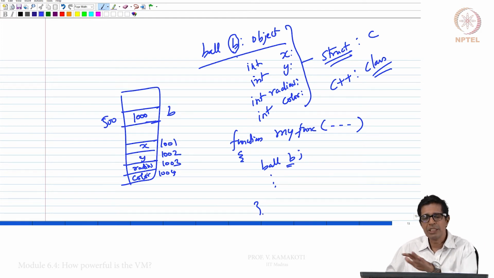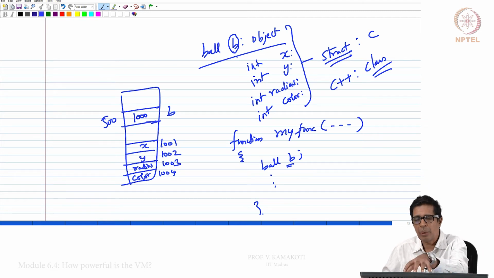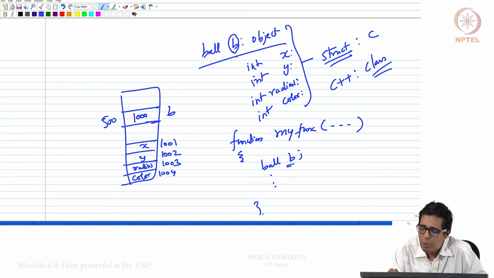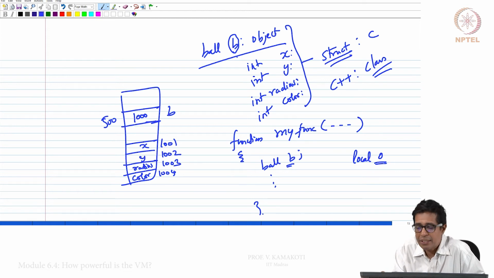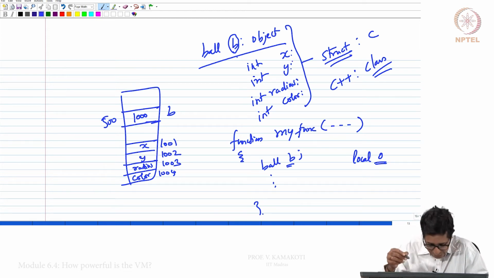So this is how this particular object is mapped down to the memory. Now B is a local variable. So let us say that in the local segment 0th location this B is stored. So local segment 0th location I will get 1000 there. From there I have to go and calculate.